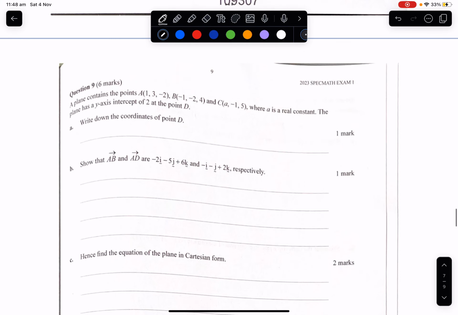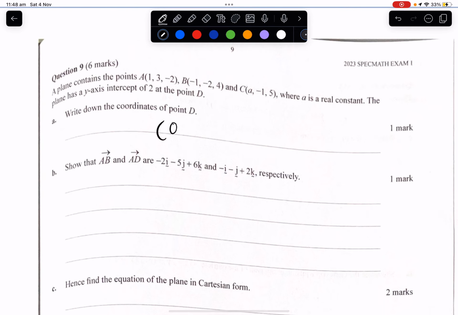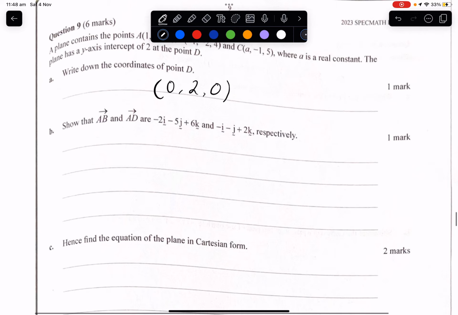A plane contains the points A (1, 3, 2), B (-1, -2, 4), and C. The plane has a y-axis intercept of 2 at the point D. Point D is a y-intercept, so it's just (0, 2, 0). Show that AB and AD are that. So AB